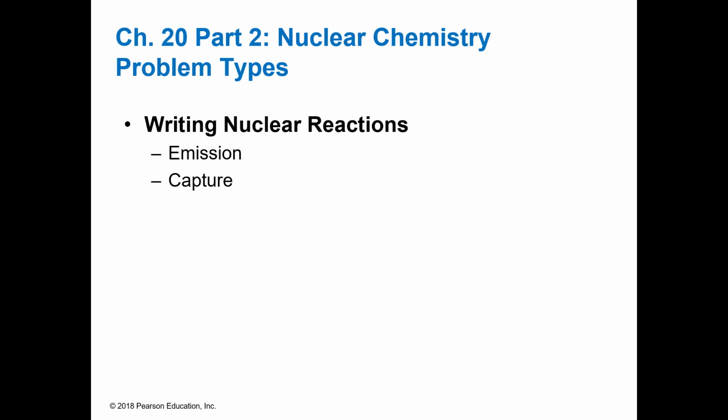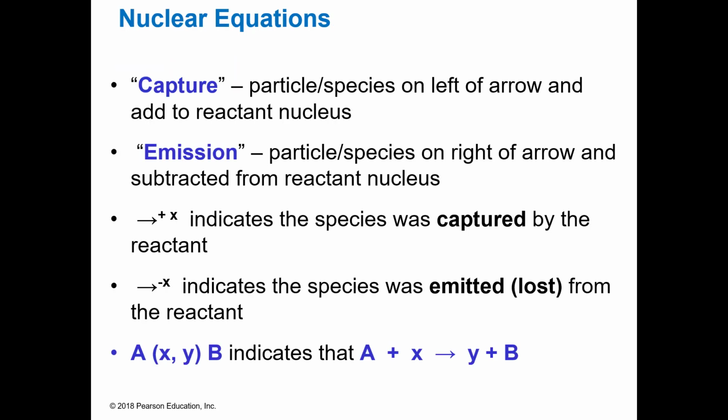In this section, we're going to talk about writing nuclear equations and whether they are an emission reaction or an electron capture. Capture means that the particle is on the left of the arrow, and you're adding it to the reactants, because you're capturing it with the reactants. Emission is going to be the product side, because you have subtracted that from your original nuclide. And so it'll be like plus over the arrow or minus over the arrow there, which will